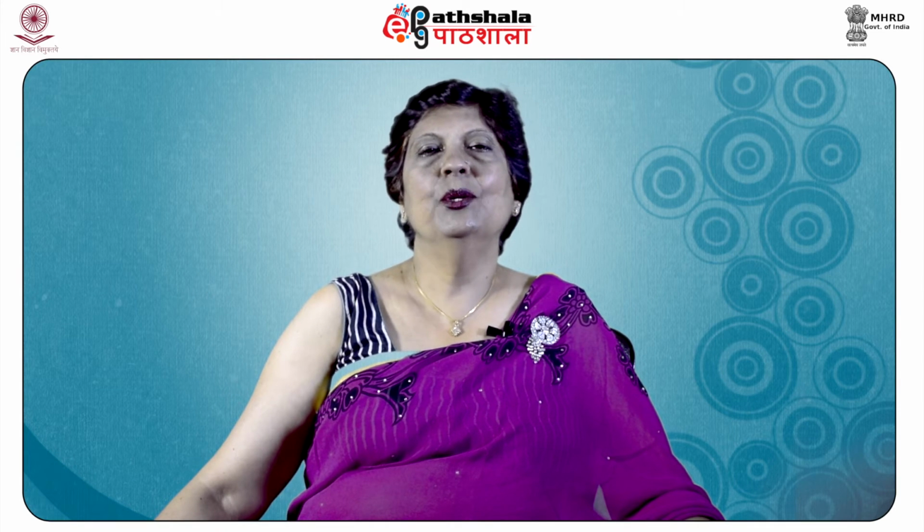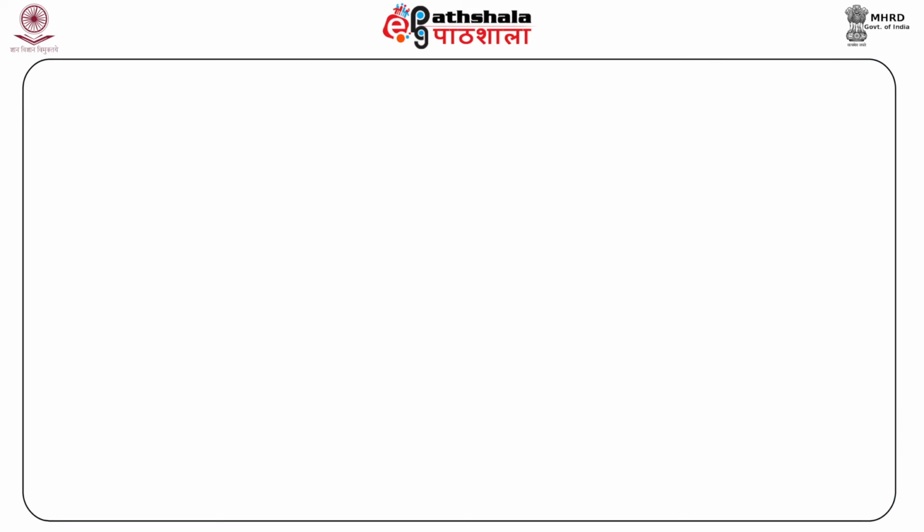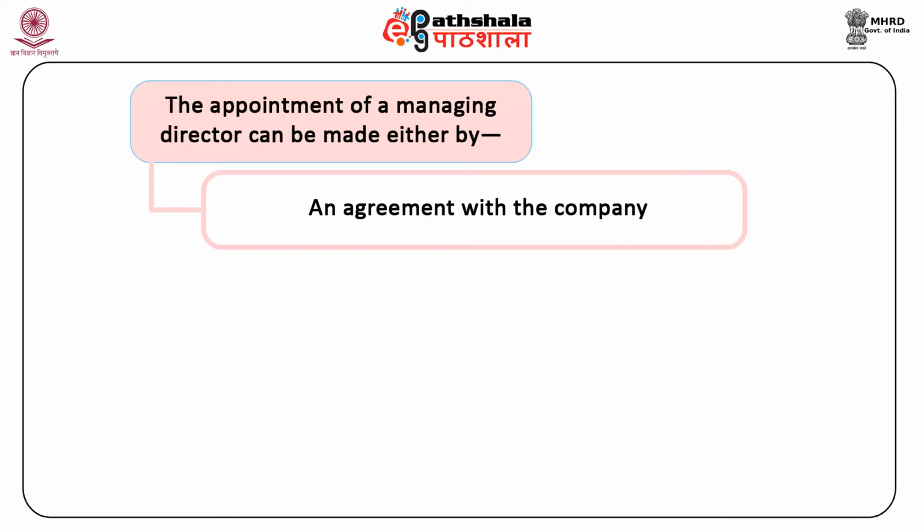A managing director has essentially to be a director. A managing director will cease to be a director the moment he ceases to be a director. A managing director of a company has to exercise his power subject to the superintendence, control and direction of the board of directors. The appointment of a managing director can be made either by an agreement with the company or